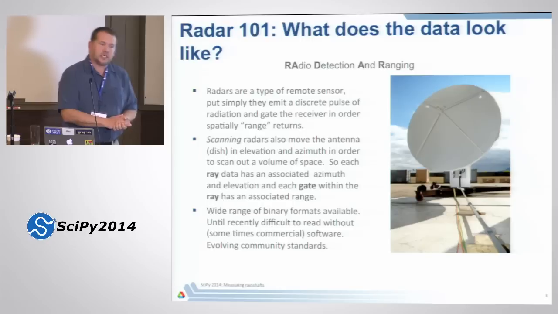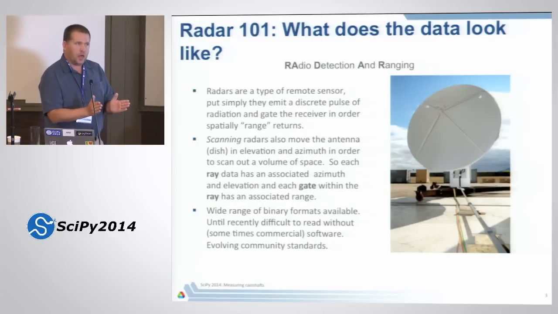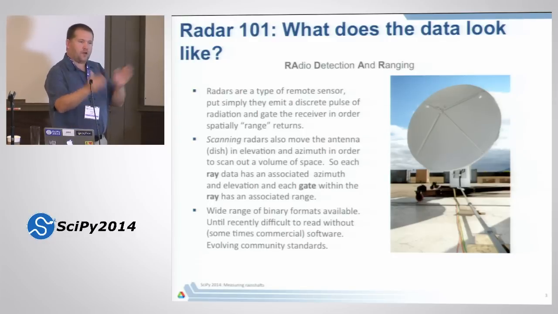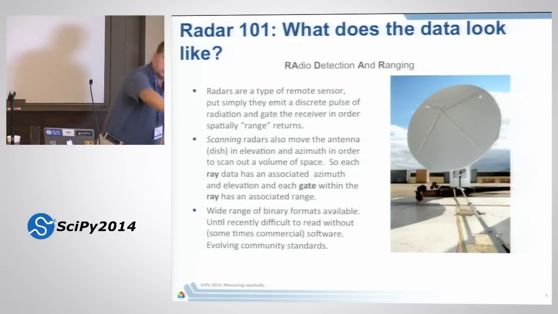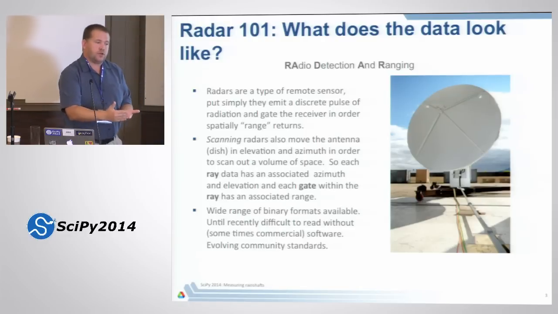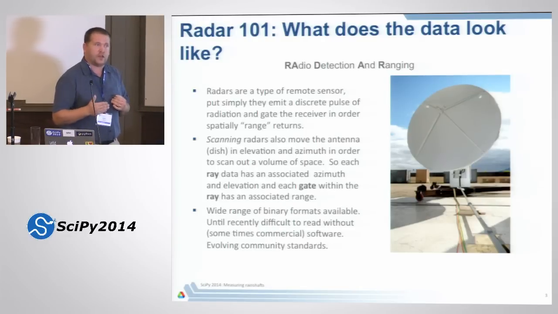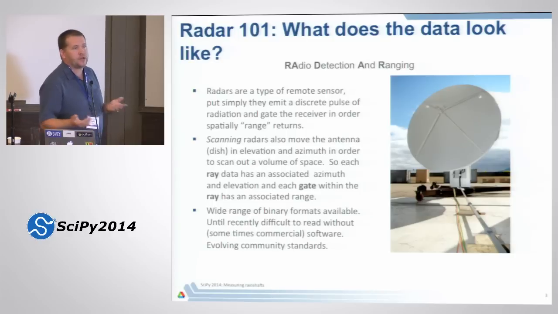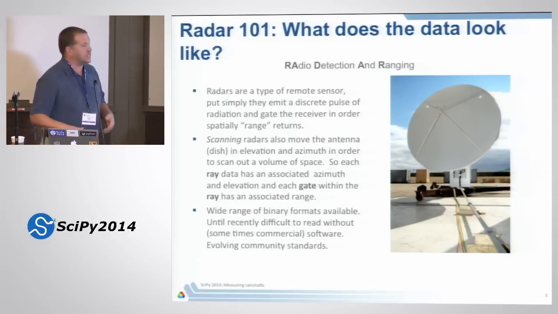Basically, it creates a shaped beam of radiation, usually about 1 degree in beam width, and it pulses it so it has about a 100-meter length in space. And then you send out that pulse at whatever you want to look at, and you gate the return. So by gating the return and timing the time it takes for the radiation to get back to you, that gives you your ranging ability. So a typical range gate in our case is about twice the beam length, which is around about 60 meters.